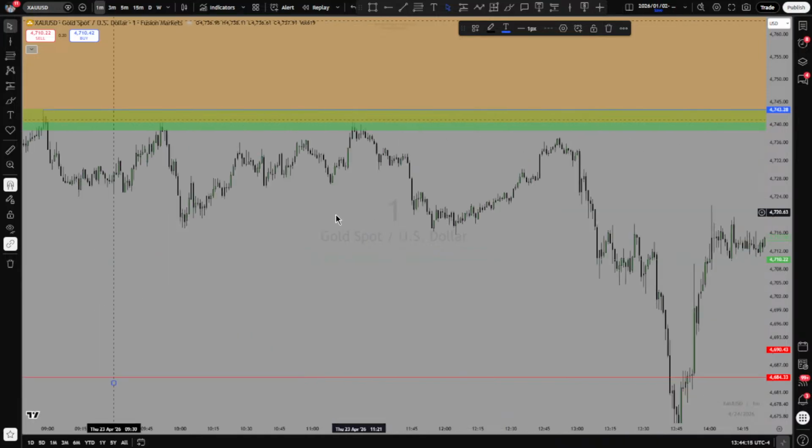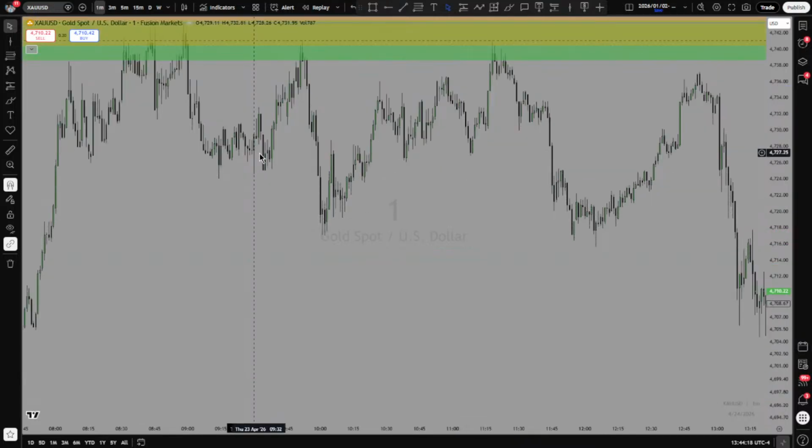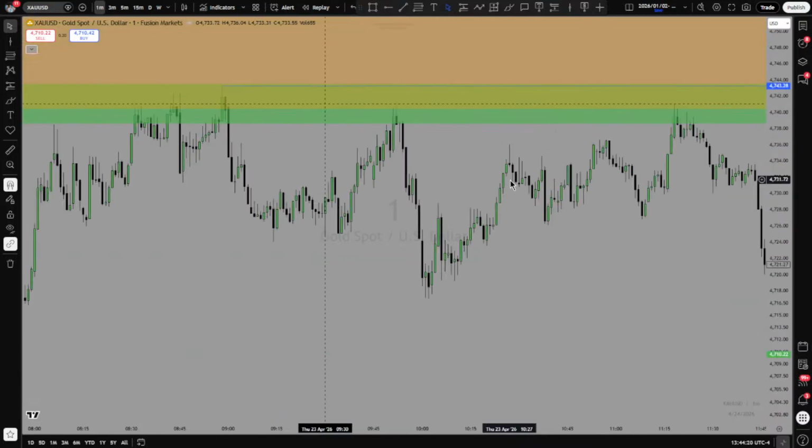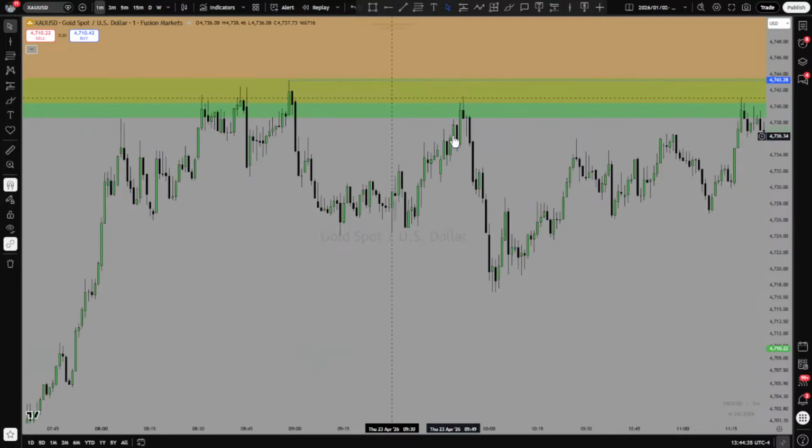What did I expect from this point? I was expecting to see the price going higher. From here, I took a risky trade because I saw that the price had already moved to this fair value gap, which had been bouncing off a few times. I did not remove it because I thought it was still valid.